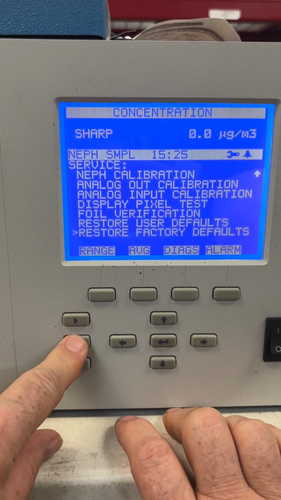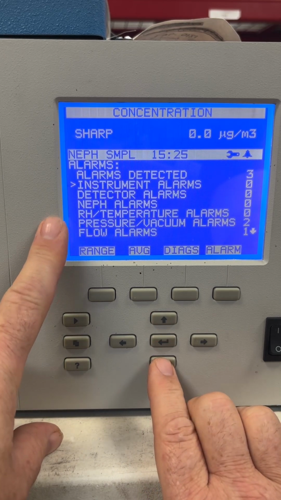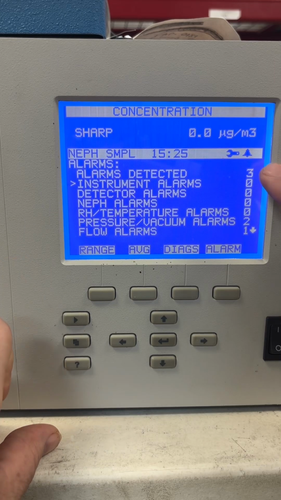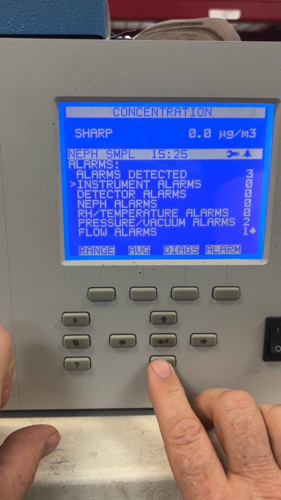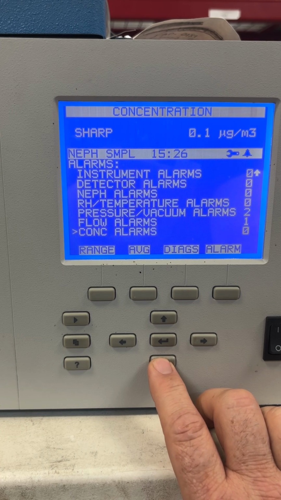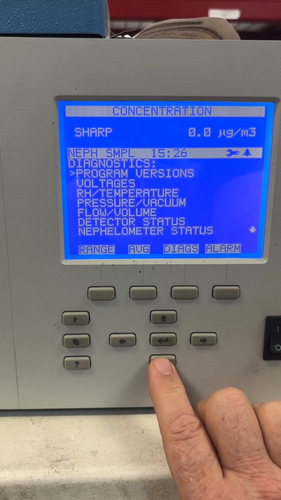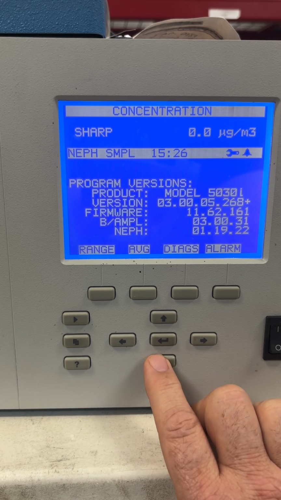If I go back, I can look at the alarms menu, instrument alarms. It'll tell me how many alarms I have up in the top right. Detector alarms, NEF alarms, relative humidity, pressure flow, concentration. Go up to diagnostics, look at that. It'll tell me the program version,